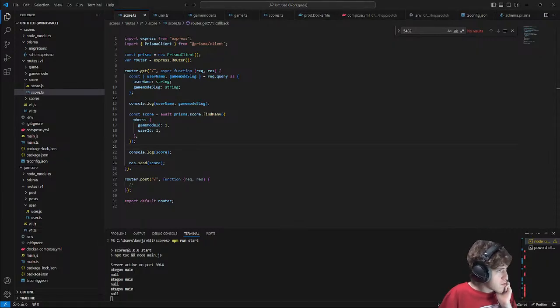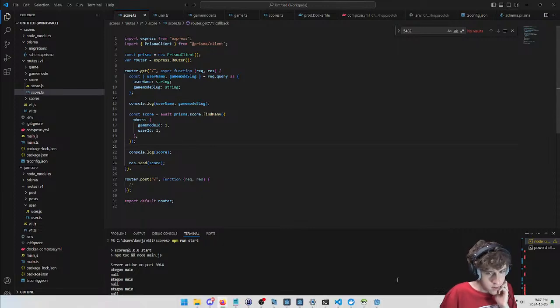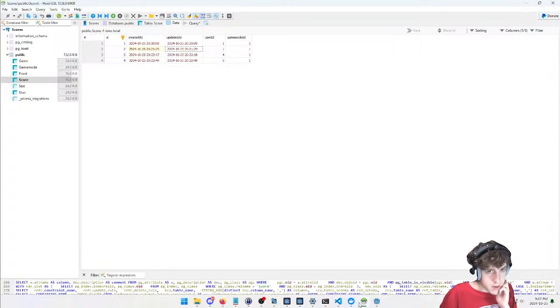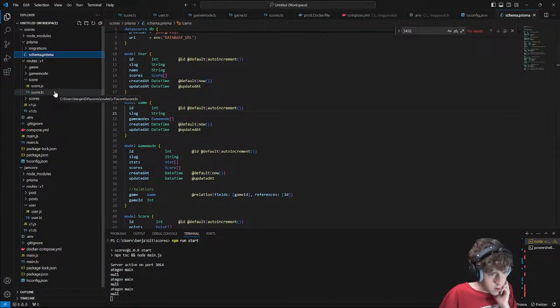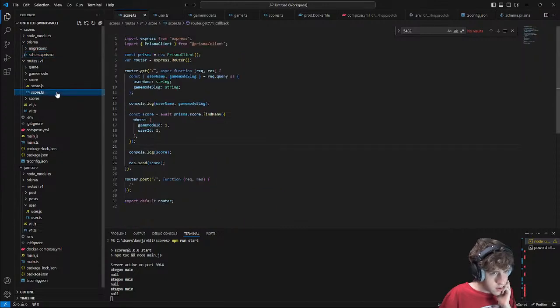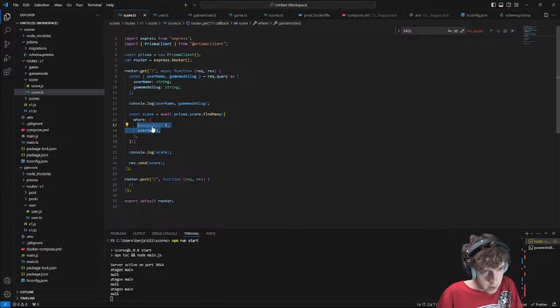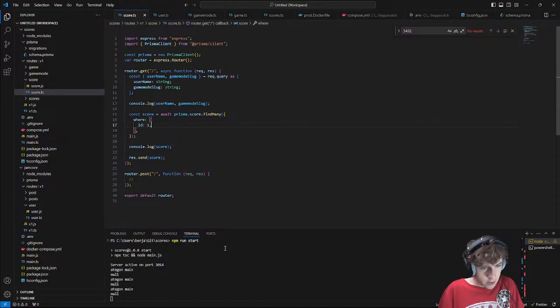It usually means either no matching records exist in the database or the game mode ID and user ID are not correctly set or associated in the score table. Did I call them something else? That's what they're called in the schema. If I do ID one, is that going to give me something?